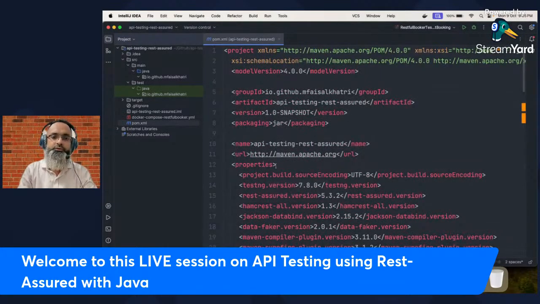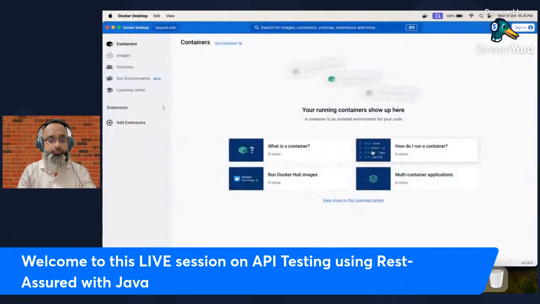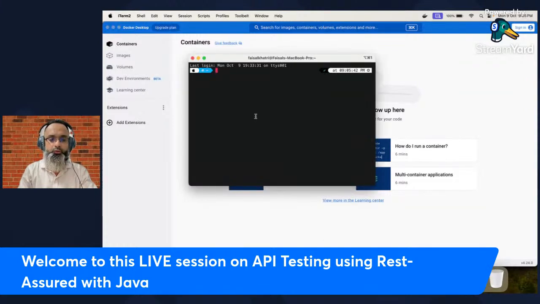But before I move to this project, let me first show you the Docker compose. Currently the Docker application is up and running, and let me quickly start the terminal and go ahead with the